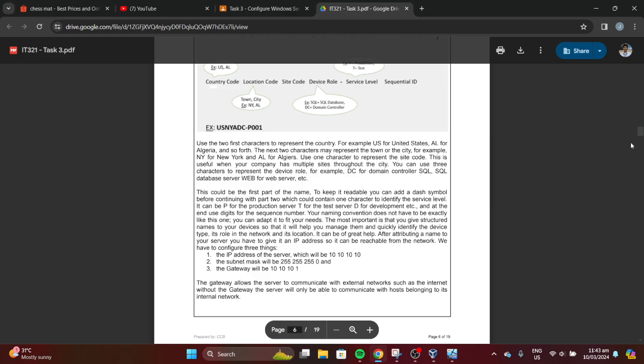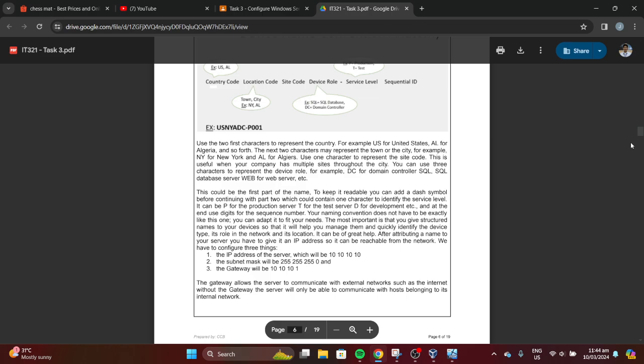This is useful when your company has multiple sites throughout the city. You can use three characters to represent the device role, for example DC for domain controller, SQL for database, WEB for web server, etc. This could be the first part of the name.